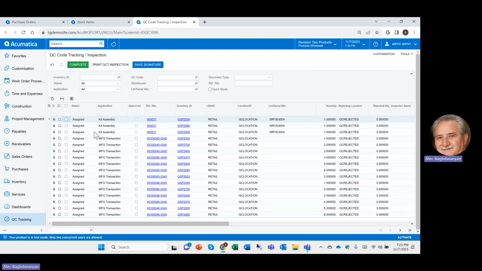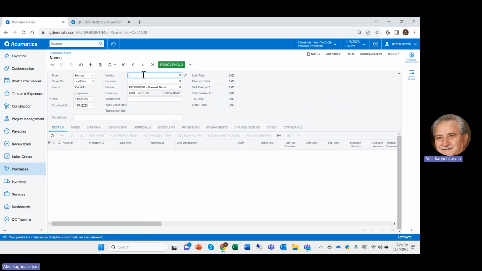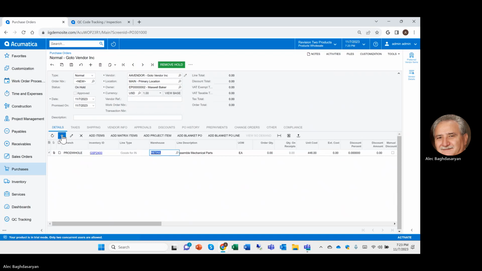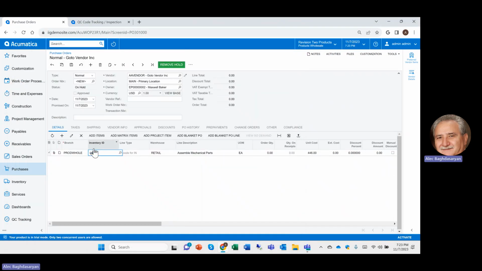QC functions that need to be performed are loaded into this screen. As you will see, the new products purchased will get loaded here for us to do the inspections. So the way the system works is that when you're adding a new PO, and I'm going to quickly enter a purchase order here, and enter the three items that we just looked at. Typing in the GSP 2710,